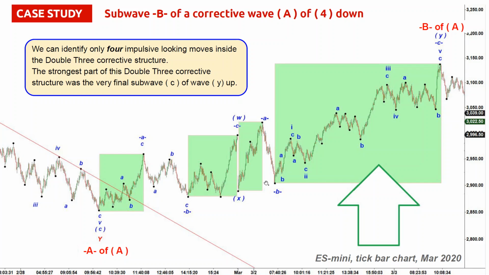But when you look at the structure that we got in ES Mini after completion of the first move down that actually bottomed at the very end of February 2020, you can see this is February 28th, and that was the bottom. We got ABC up, and if it was an impulsive structure, we could count it as wave 1. Then we got ABC down, and we could count it as wave 2. Then it started to move up as if it was A of 3, and then it dropped down again, making a new lower low. That was the first red flag,